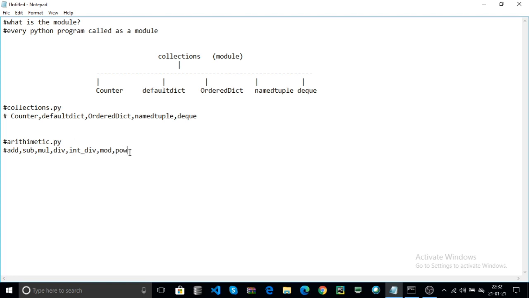These are some functions used in the arithmetic module. Now, how to create a module? It is the same as creating a Python file.